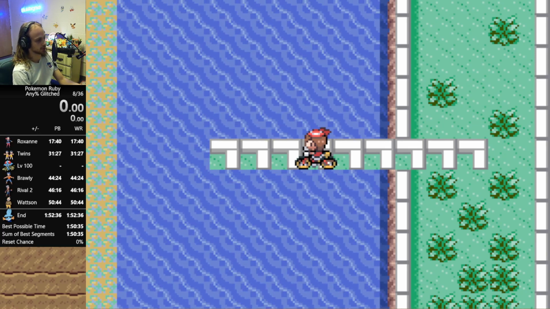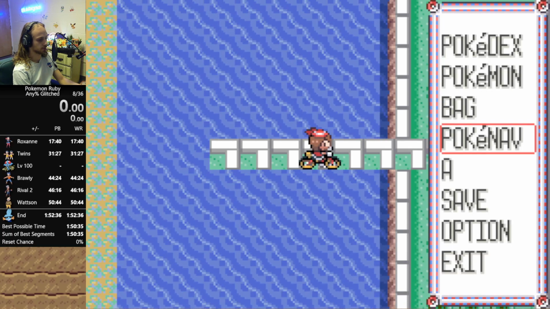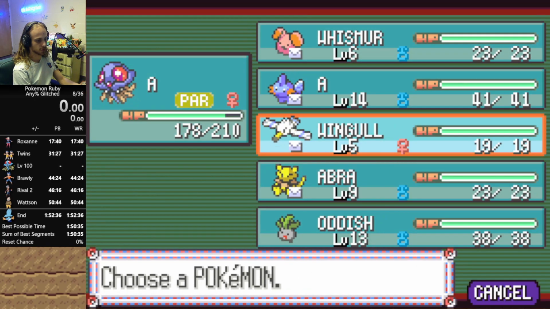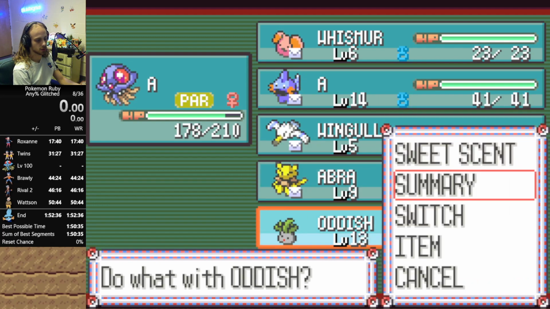We got some weird glitched graphics over on the left. The music changed. I cannot move. I cannot get on or off the bike. Yeah, can't do much. Can't surf, can't waterfall, can't fly, can't teleport, can't secret power. And if I go back out, if I sweet scent,